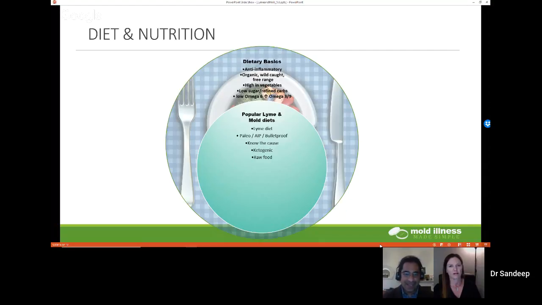And then the last thing is in general trying to go low in omega-6 fatty acids and high in omega-3s and omega-9s. If you don't know what I'm talking about, put Google to some good use, and please punch it in there and find out exactly what I mean by this. But these are different types of fats that are found in foods, and generally omega-6s are found in vegetable oils and in nuts, particularly,